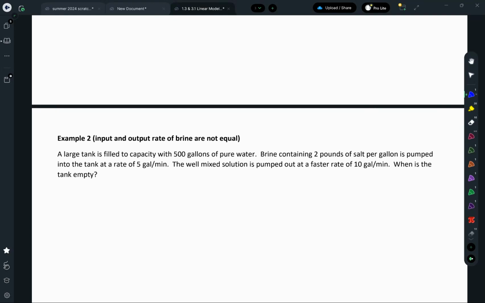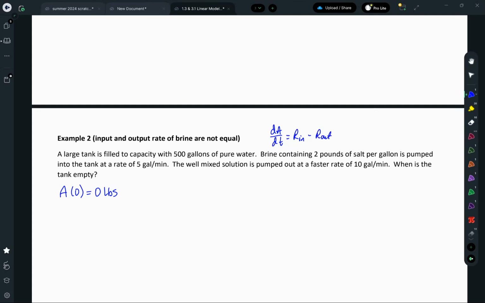Okay, we got a lot going on here. The first sentence, let's see what it tells us. A large tank is filled to capacity with 500 gallons of pure water. That tells me that the number of pounds of salt in the tank at time 0 is 0 pounds. Then I want to build, remember we've got dA/dt is R in minus R out,